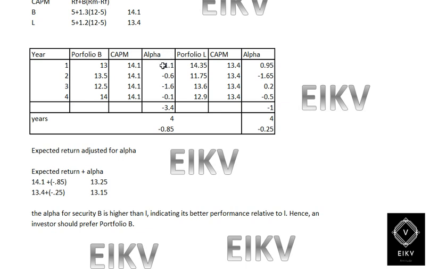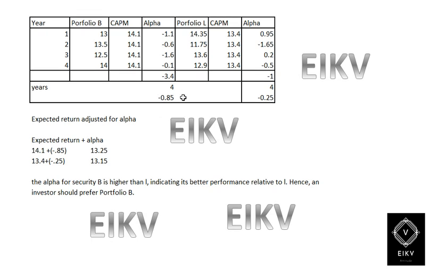So when we find the alpha factor, for the first scenario it is 13 minus 14.1, that is negative 1.1, and 13.5 minus 14.1 would be negative 0.6, and then 12.5 minus 14.1, which is negative 1.6, and so on. When we take the total, it would be negative 3.4, divided by 4 years,